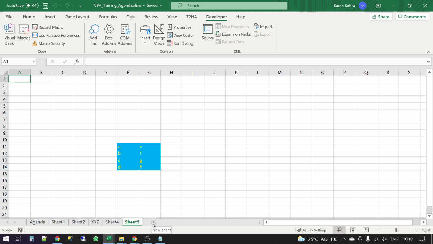I don't know what the code is to add a new sheet. So I will go ahead and record first. This is the code. It has now created the code to add a new sheet. I will stop recording. Sushant, I'll come back to your query in a while.